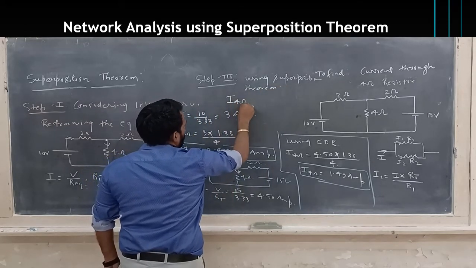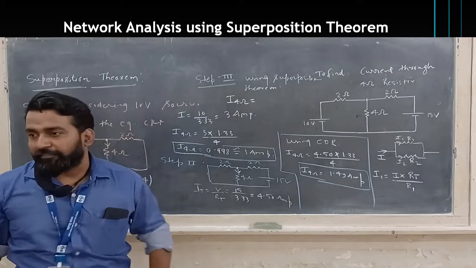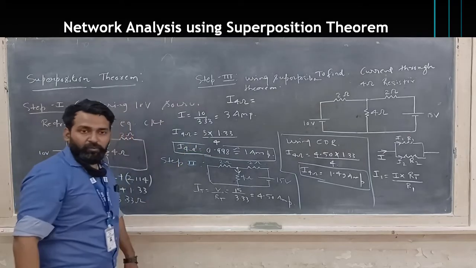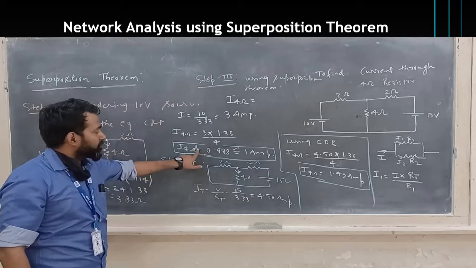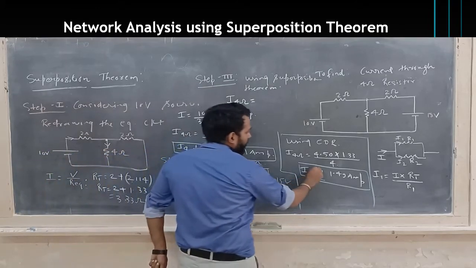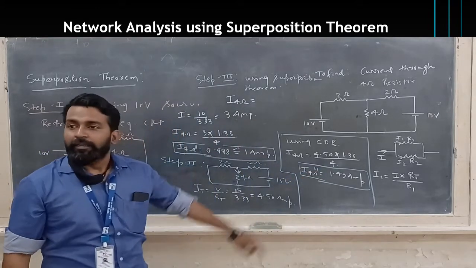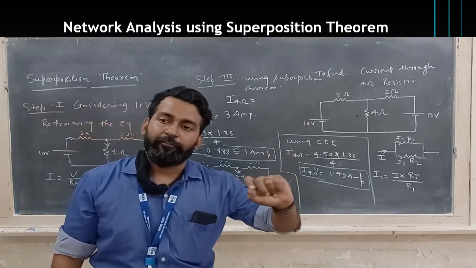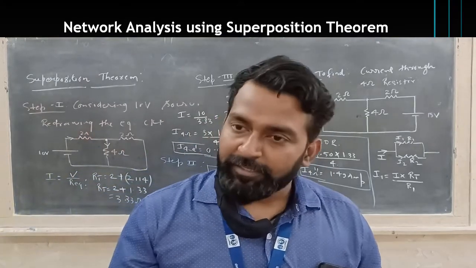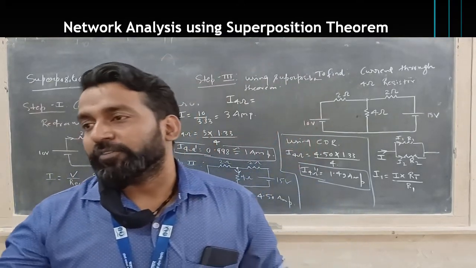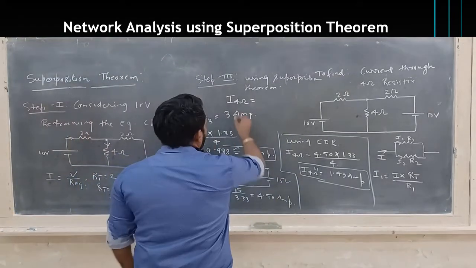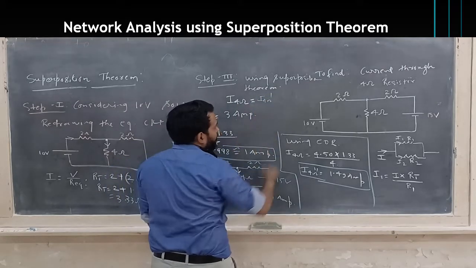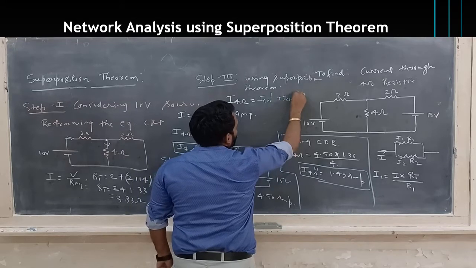I through 4 ohm is equal to, we can do a little differentiation in the nomenclature. Here, due to the first source, I can put I through 4 ohm with a dash to indicate that this current is due to the first source. Here I can put I through 4 ohm with a double dash to represent current through the 4 ohm resistance due to the second source. If there are more sources, then a triple dash and so on, just to notify which source this current is because of. Understood? So the overall current I through the 4 ohm resistance is nothing but I through 4 ohm first dash plus current through 4 ohm due to the second source.